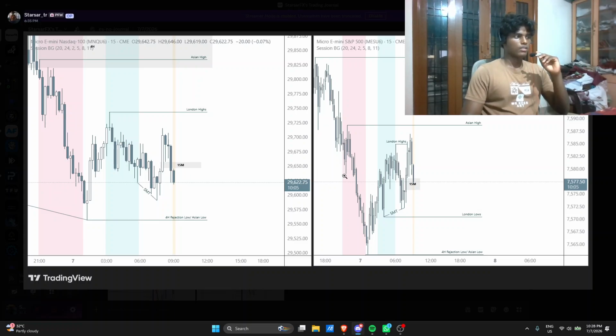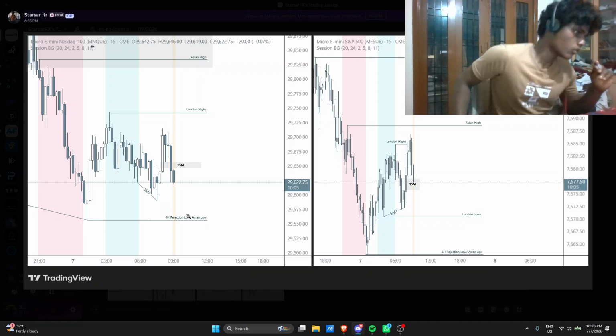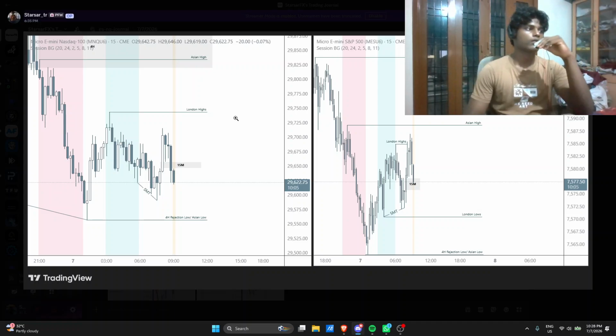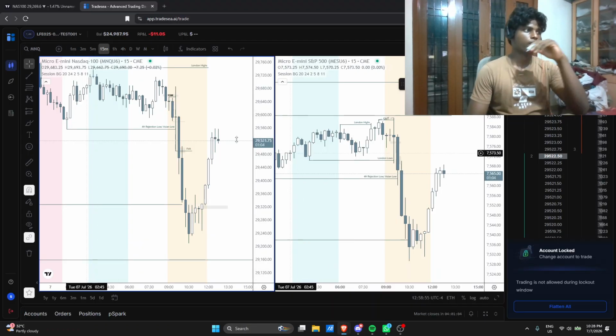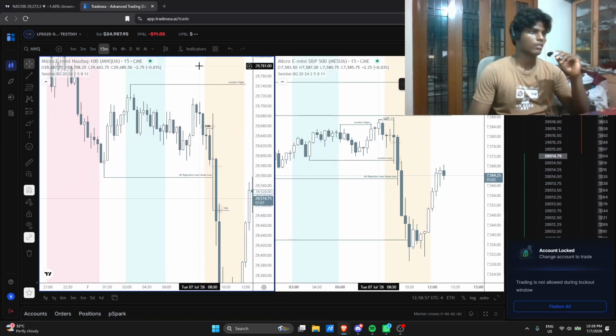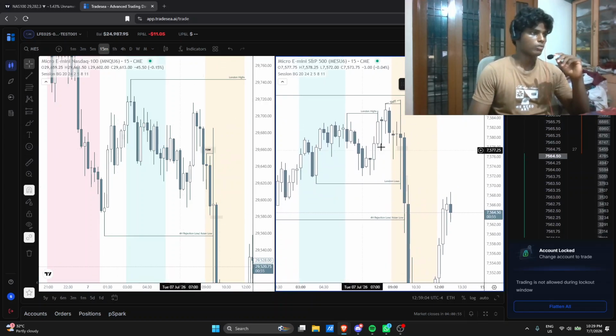But the thing is, what's my narrative? The narrative must be something, right? Probably if this 15-minute fair value gap could have formed, that would be a nice narrative to target the 4-hour rejection lows. But what happened is price didn't do that. Price actually wasn't in my favor at that point. We did create a 15-minute fair value gap in NQ, but what actually happened was price swept the London lows and pushed higher at that point.